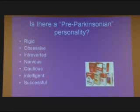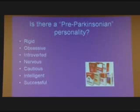Is there a Parkinsonian personality? Well, a lot of Parkinson's people tend to be rigid, a little obsessive or OCD, anal as they call it, sometimes introverted, nervous, cautious, very intelligent usually, and this combination of traits usually leads to a high degree of success in life. But the cautiousness and nervousness about things leads Parkinson's people to, they usually don't smoke, they usually don't drink heavily, and they usually don't imbibe caffeine or coffee a lot, which leads to this idea that maybe those things are protective in Parkinson's,